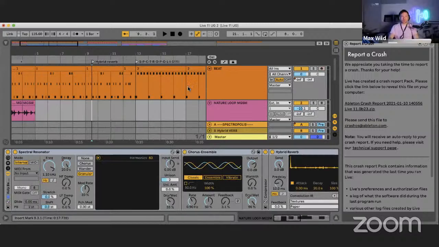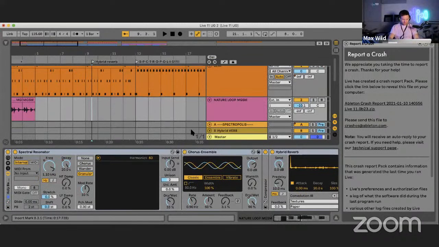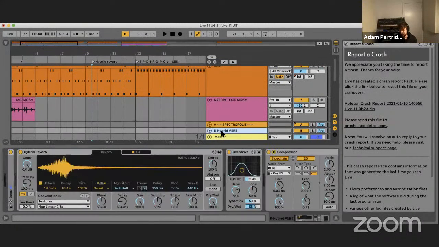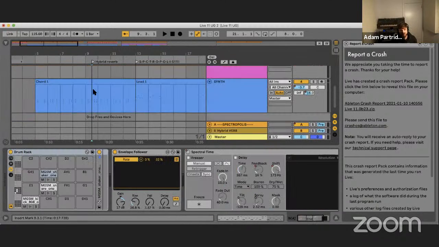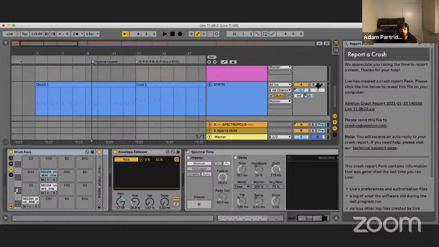This continuous crashing is not making me... We can't. Yeah. There it is. So my apologies. I was showing this hybrid reverb. I've crashed about 3 times, and I'm letting you know that this synth part that we're hearing